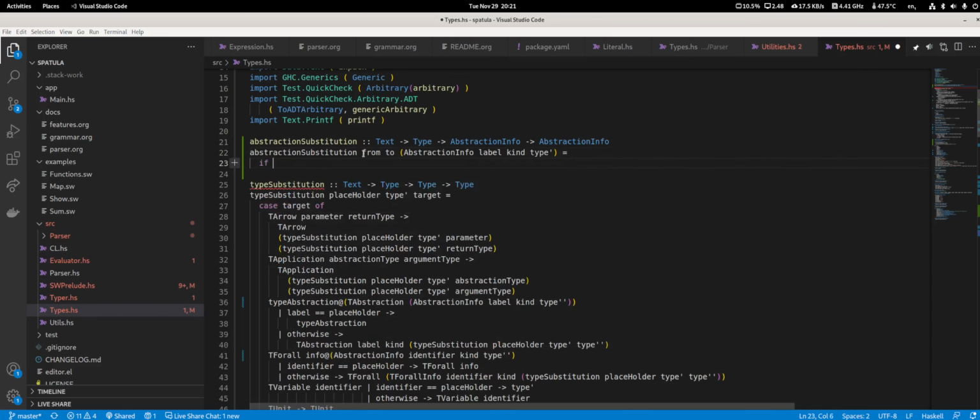Then we have the label, the kind. The label is equal to the placeholder, with the from,